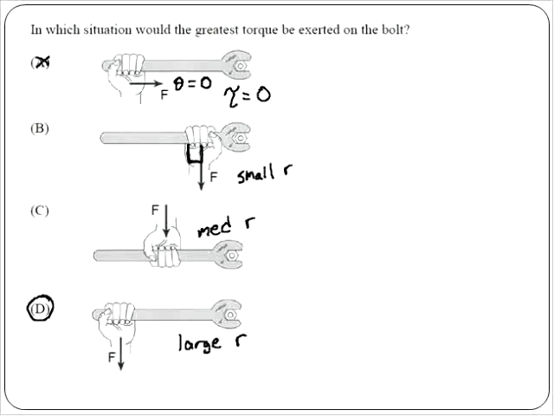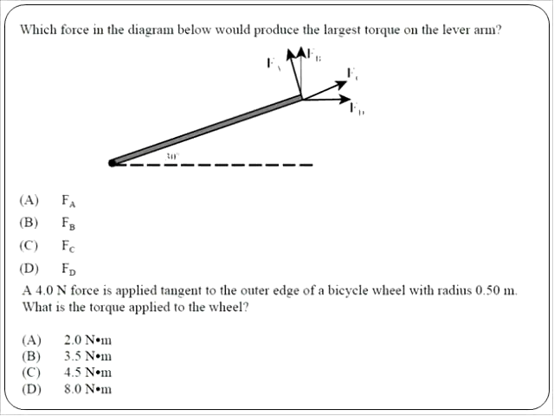So the answer is D. The answer is D. Next page. Here's another one. Which one of those forces in that diagram would give you the largest torque on the lever